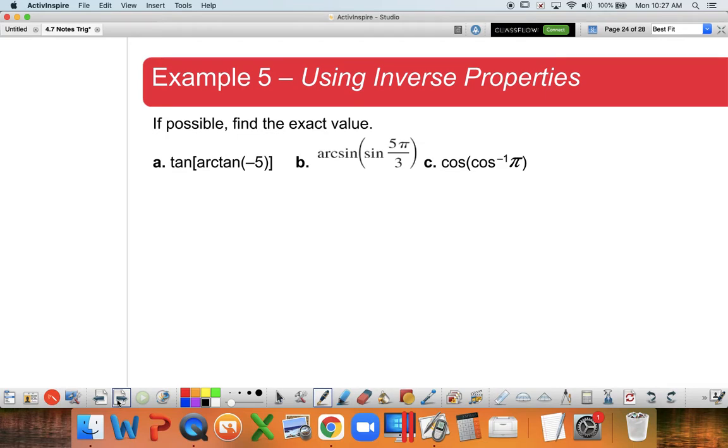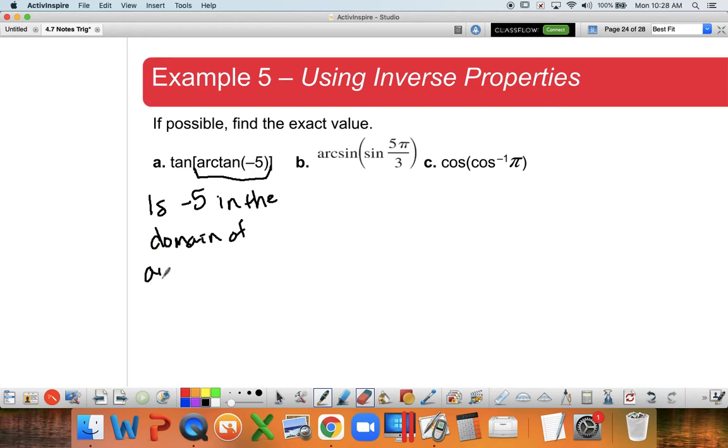So when you have tangent and arctangent, or tangent and tan to the -1, remember, they cancel each other out. So all you can say is, for the most part, when you see them side by side, you simply cancel them out. But the first thing you have to make sure, am I getting a value in here that I am allowed? Is -5 in the domain